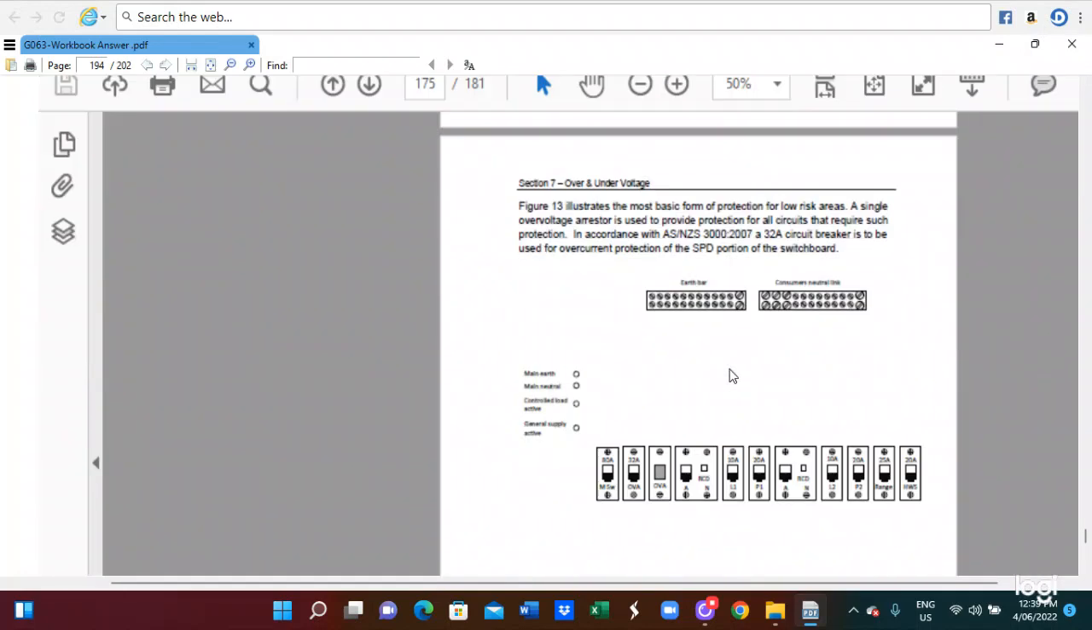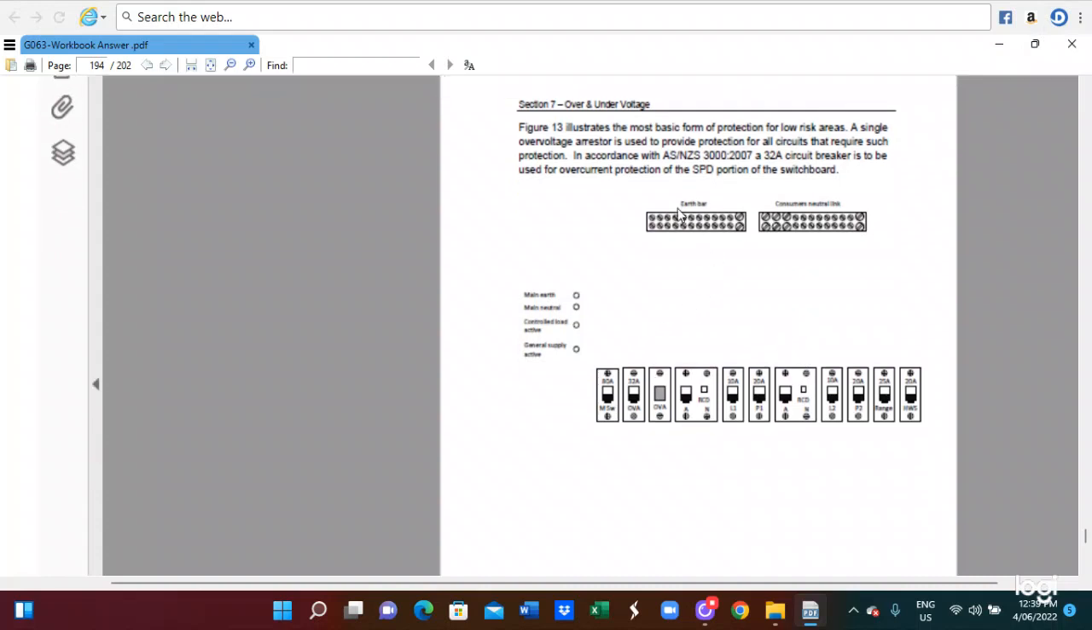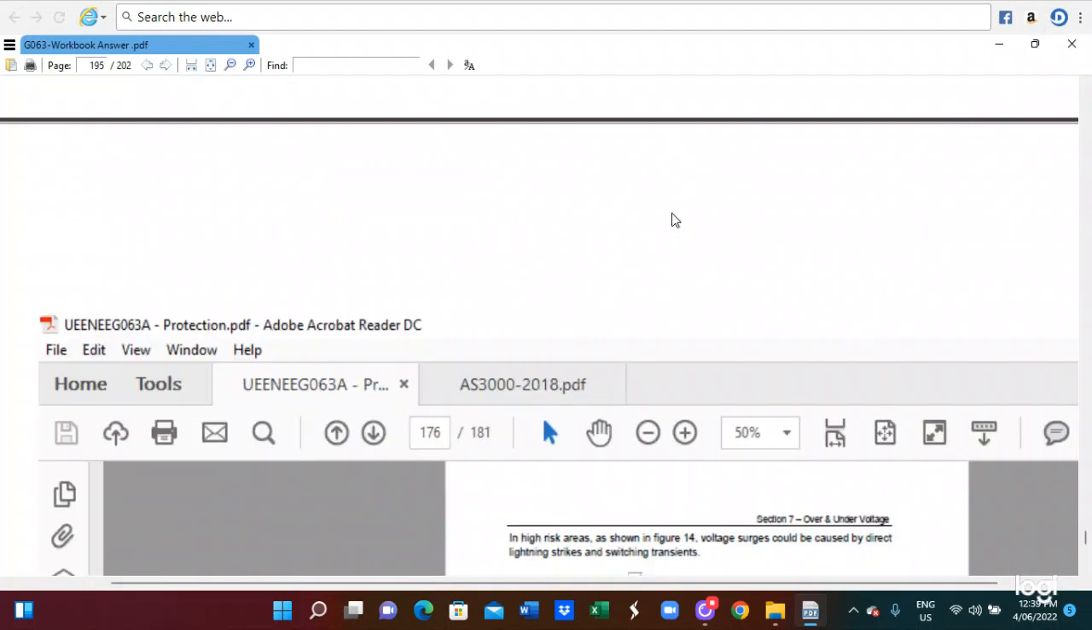So for general English, now we have the connection. This is all the connection of